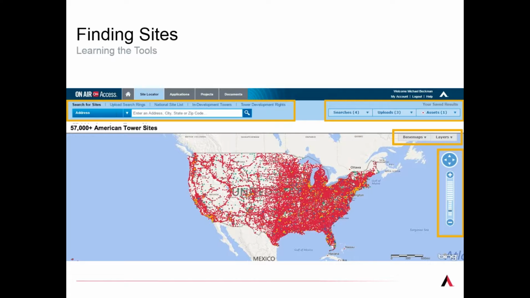So before you're even interacting with anybody from the American Tower side, you can have a good snapshot of how many towers we have in your market. Is it worth reaching out to us? If it is, you might already know six or seven or three towers that you're interested in. So it's a quicker, easier conversation, and this gives you the tools and resources to be much more knowledgeable about our sites prior to engaging with one of our local sales folks. You can go to the next page.